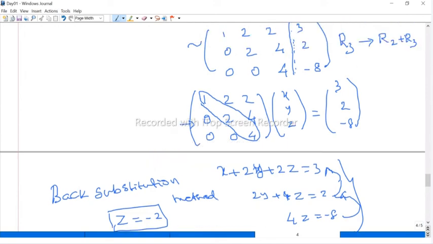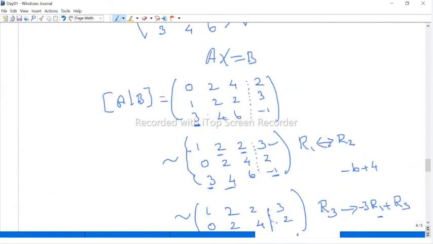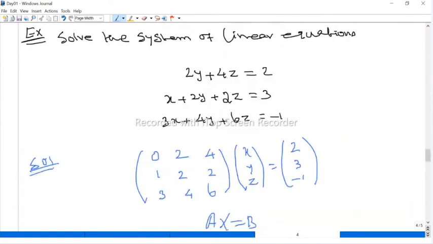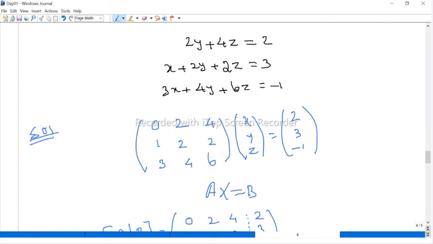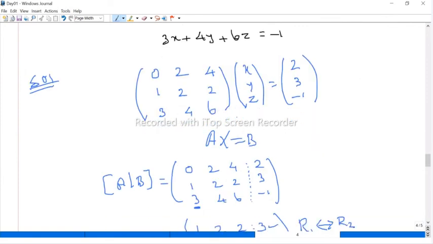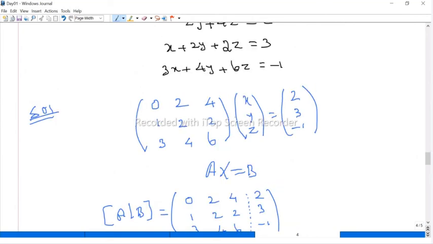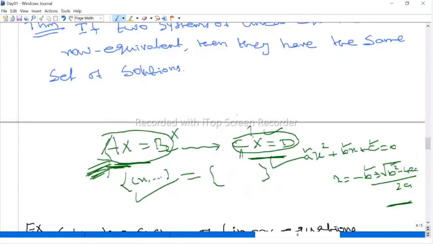This is a square system, where the number of variables and the number of equations are equal: 3 equations and 3 unknowns. Anyway, this is simple. But even if the number of equations is more than the number of variables, we can still use the same procedure. Our aim is to reduce the given system into a smaller system and then solve it by either back substitution or forward substitution. That solution is the solution of the given system. That is what the theorem says: if two systems are row equivalent, they have the same set of solutions.